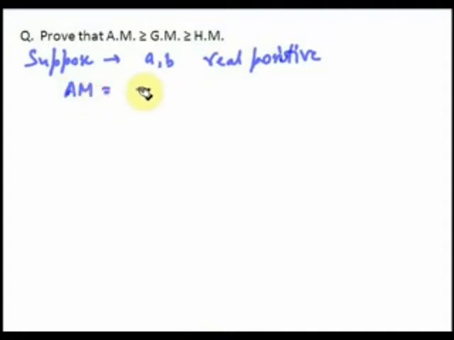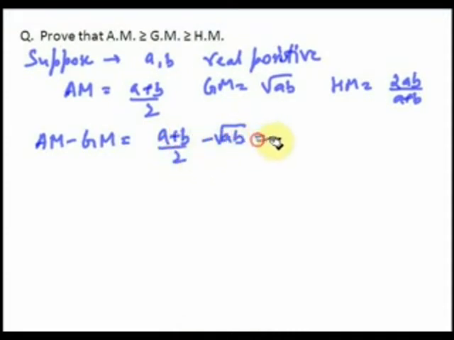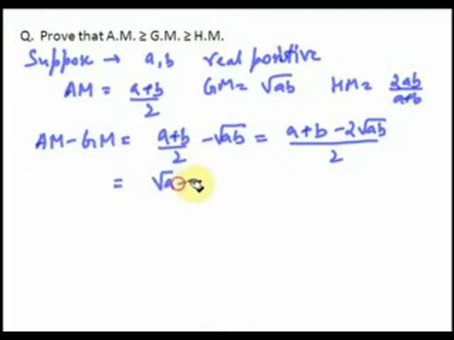Then the arithmetic mean between them is a plus b by 2. The geometric mean will be equal to under root of ab, and the harmonic mean is equal to 2ab upon a plus b. If we consider the equation AM minus GM, that is equal to a plus b by 2 minus root ab. We can simplify it, a plus b minus 2 times root ab upon 2. So we can write the value of AM minus GM is equal to root a minus root b whole square